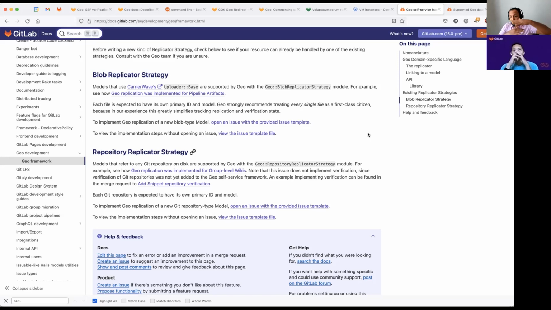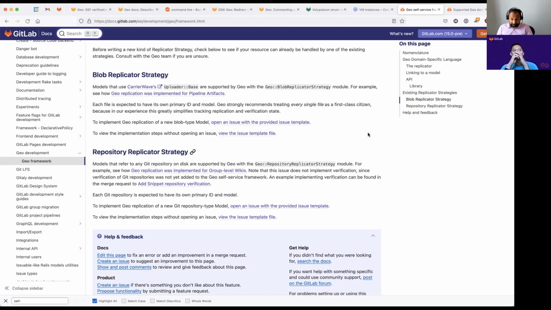So let's say you've got the same API, but different endpoints within the API. So I guess you're hitting a request to replicate Git repositories, or you get another request for blobs. Are they all hitting the